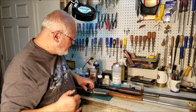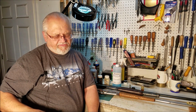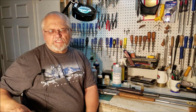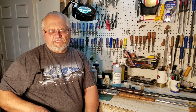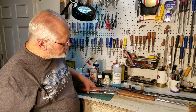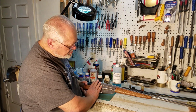First of all, if you want an absolutely factory-like finish, you have to polish every scratch and pimple and rust spot out of the metal. Everything that you can see on the metal when it's in the white, you will see under the bluing. So you need to polish this. If you want it to look like it just came from the factory, this would all have to be polished